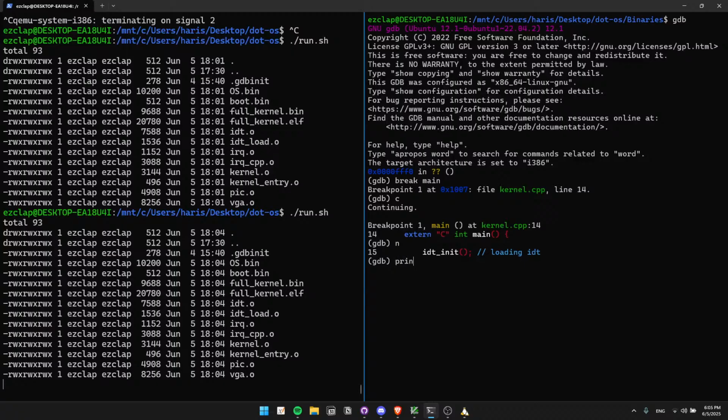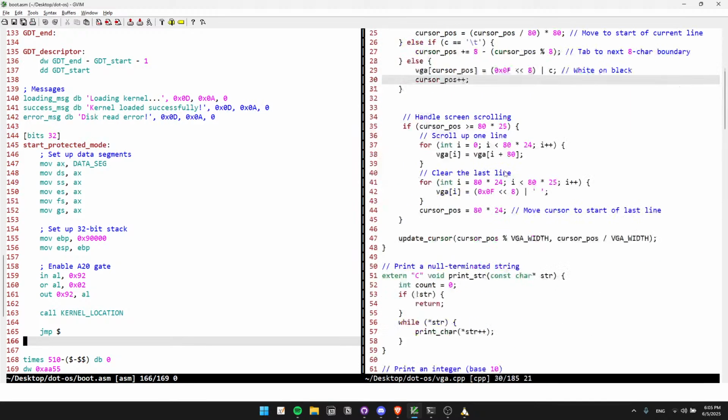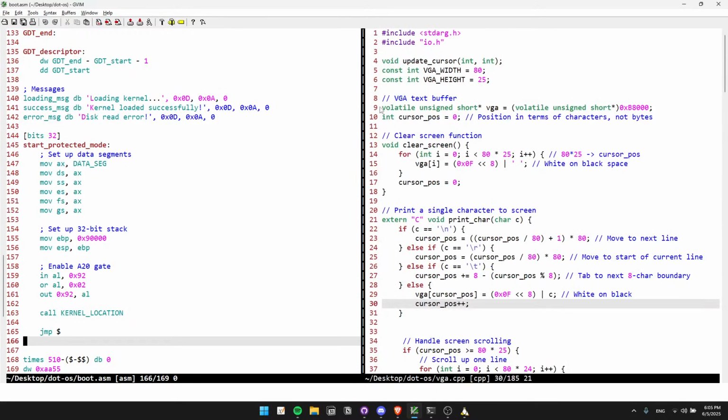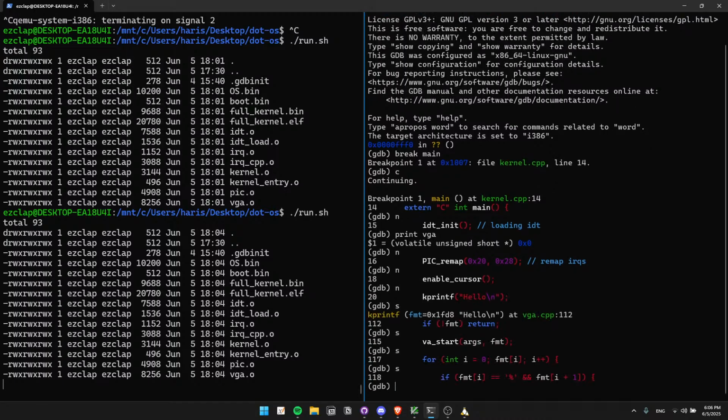IDT init. If I still print, what is it again, VGA? Yeah, it's still 0x0. Assuming that it gets initialized only after it goes here or something. I mean, that doesn't make any sense, to be honest. This should be in like a machine instruction or whatever. I don't even know what to call it. If we go to next, we don't care about this. Yeah, kprintf. We're going inside this function, and then